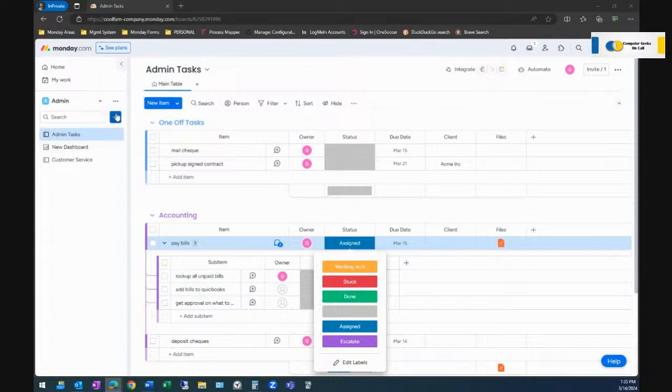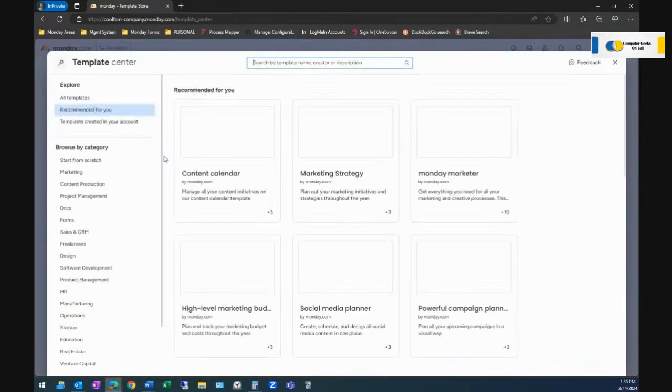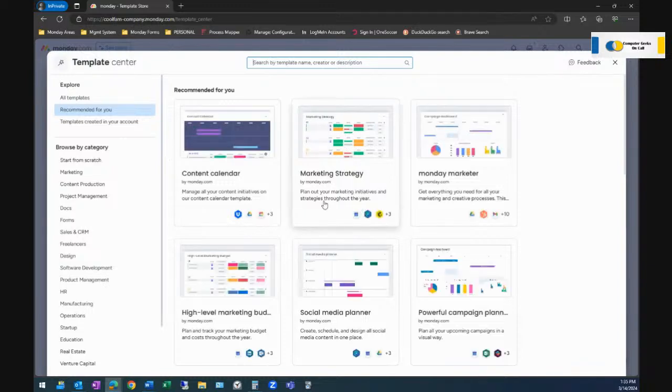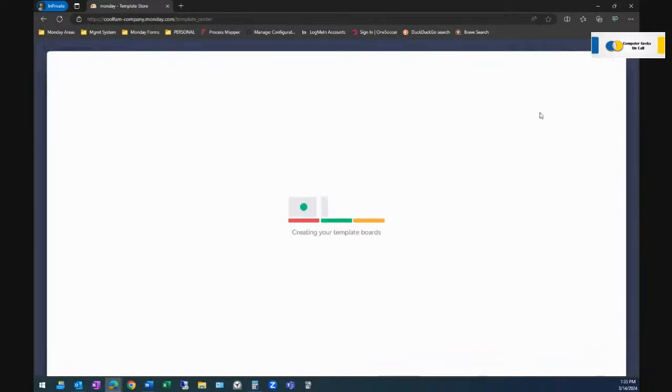So if we can go quickly, where is it here? Yeah, if we want to choose from templates, there are just tons of templates. I tried using these myself, and I couldn't quite find one that I thought worked for me. So why don't we just look at this one right here, just to show you how quick and easy it